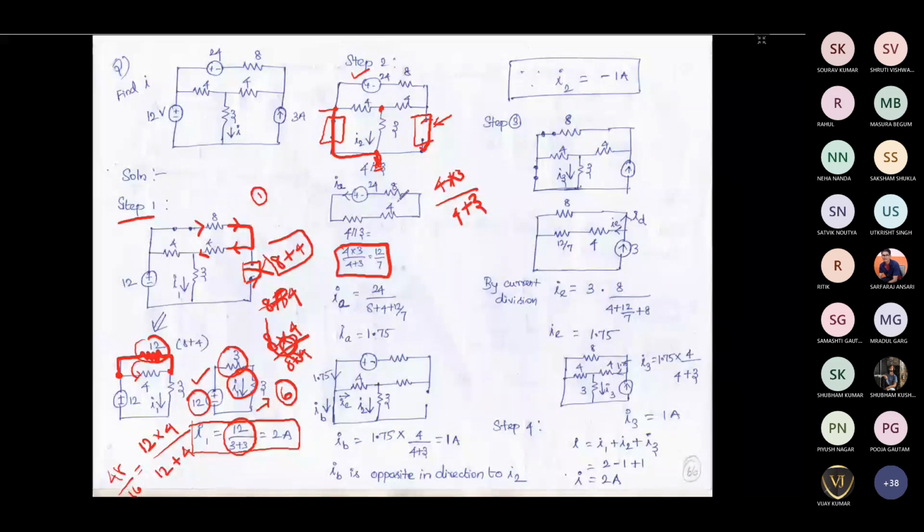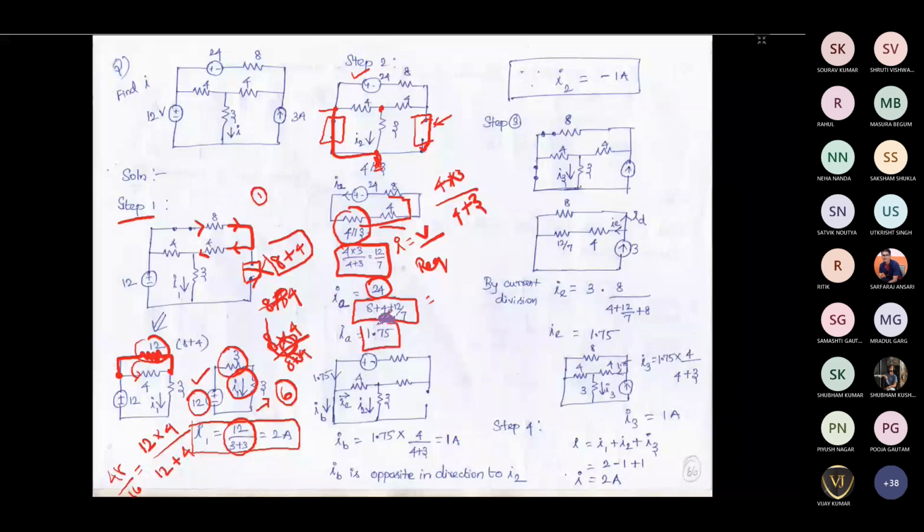Okay, once you find this, what is the remaining circuit you have? This 4 parallel to 3, this is the equivalent resistance value, then that is in series with the 4 ohm resistor, which is in series with this 8 ohm resistor. So it is very clear that these three resistors are in series. If you find the equivalent resistance of this, you will have some R equivalent value. Then you can find the current: I is equal to V divided by R equivalent. So V is 24 volt. Those elements are connected in series, so I have just added 8 plus 4 plus 12/7. If you reduce it, we get 1.75 ampere.